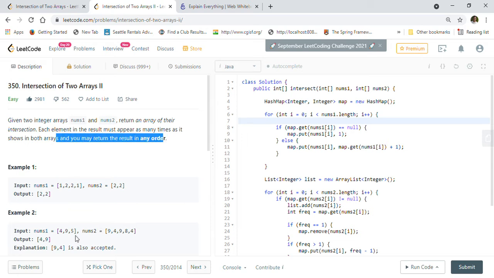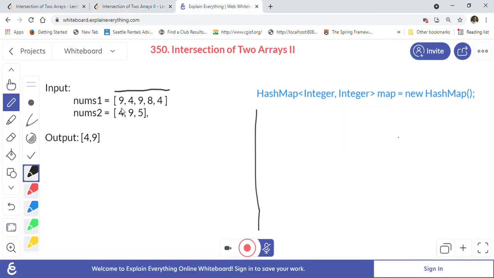Which means that if one element appears multiple times, for example 2 appears here and 2 appears here, we have to return both 2's, meaning the duplicates should be returned. Whatever elements are common should be returned, even if they are duplicates. So let's take one example that they have given us.